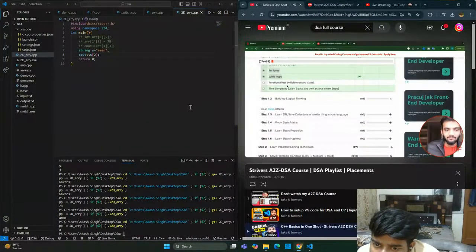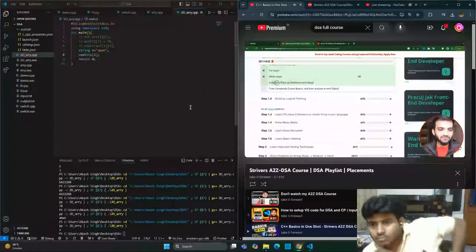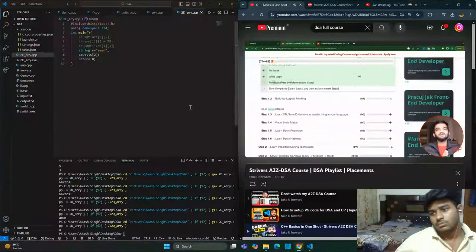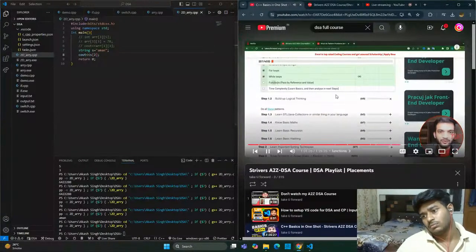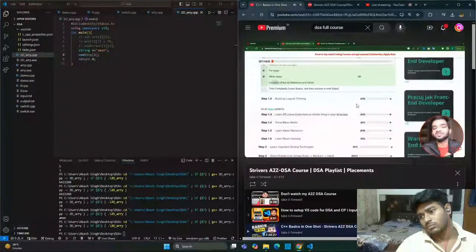Okay, what's the next thing? Functions, pass by reference, and pass by value. Functions is very, very important because we'll be using functions throughout. Yes, throughout to solve any problems. We will be writing functions. So please make sure you understand functions in a proper depth. So let's